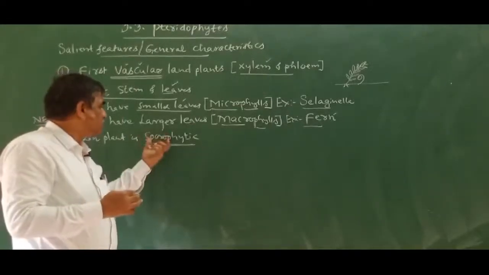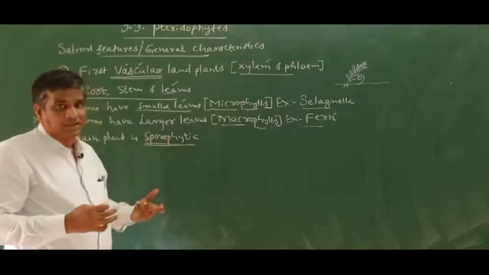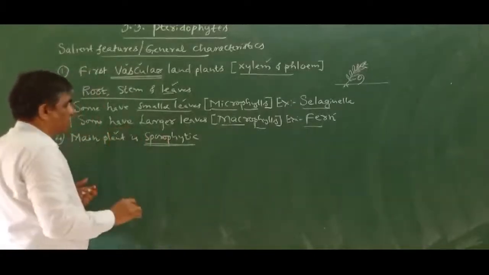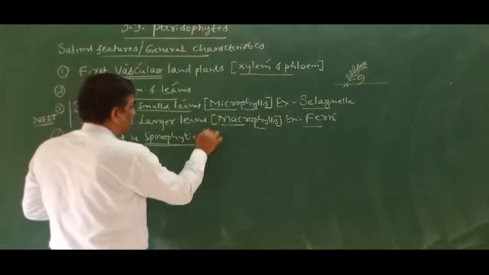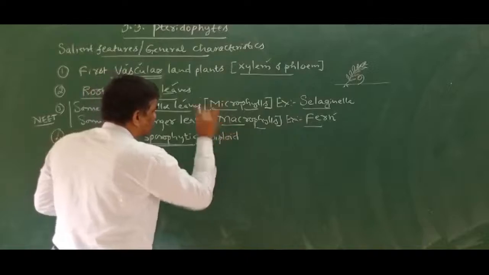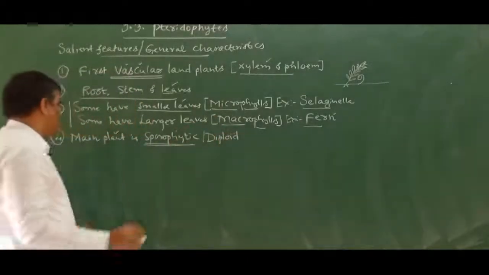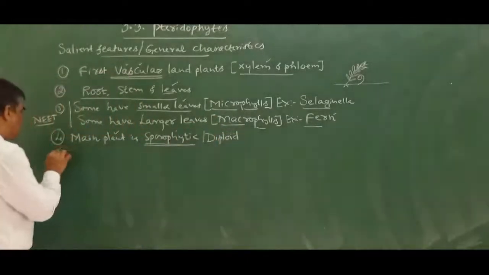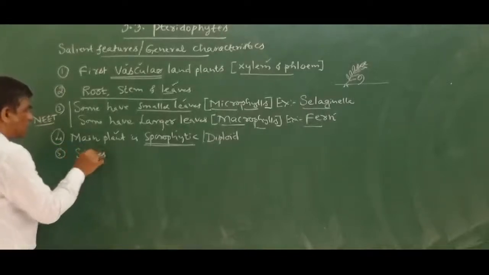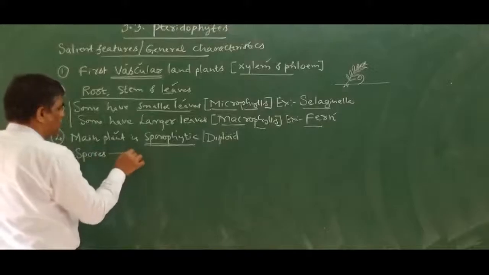Okay, in these plants, the sporophytic stage is the dominant stage of their life cycle. The main plant body is sporophytic, and it is diploid. Sporophytic means it is diploid only, and it also means it produces spores. These plants can produce spores, and these spores are produced in a structure known as